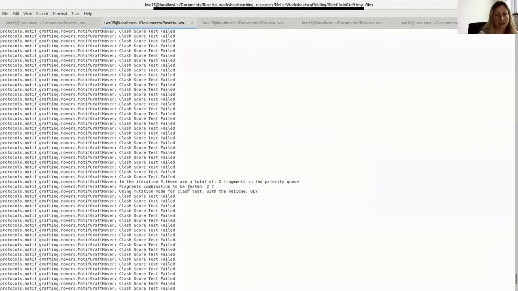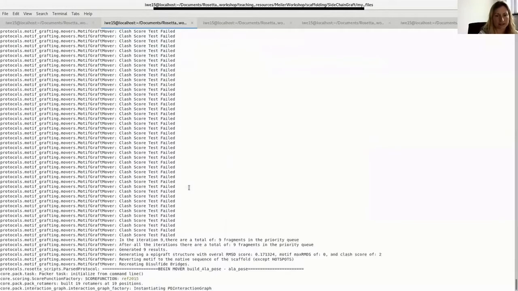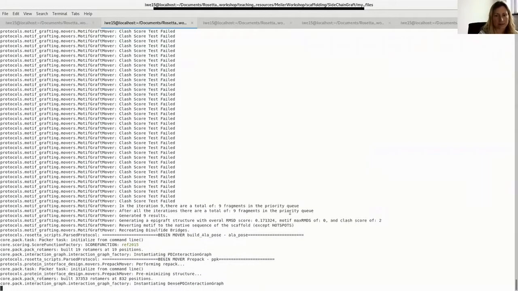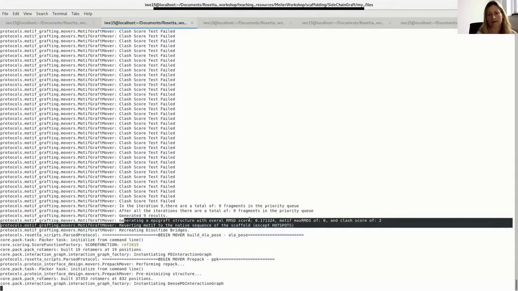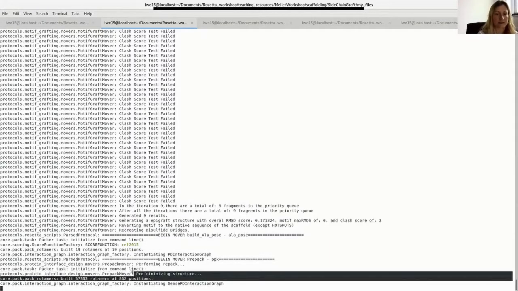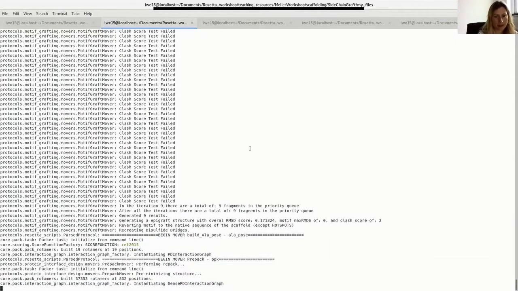And I think there's a point where it actually says that here you can kind of see that it's now actually executing the protocol and finding some positions, and here it's already in a post-processing. However, it's going to take some minutes, and because we don't want to wait for Rosetta,